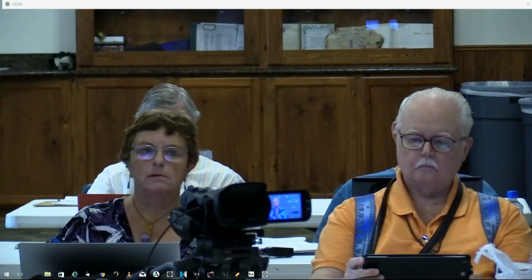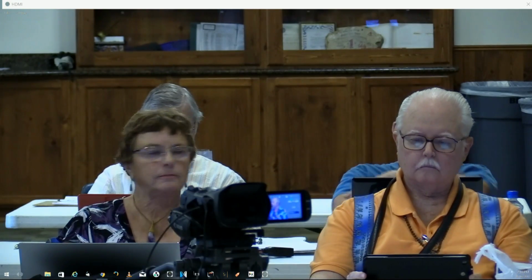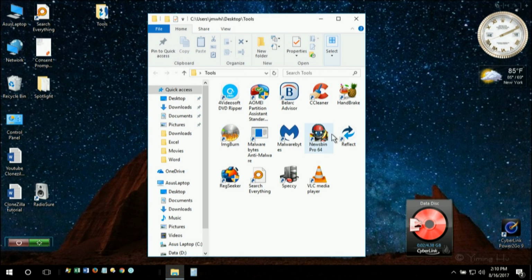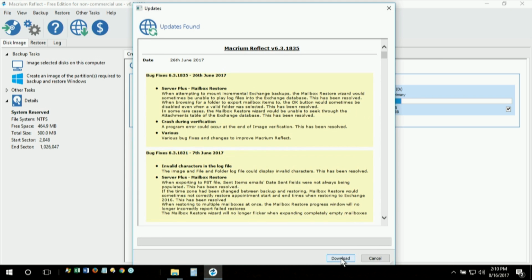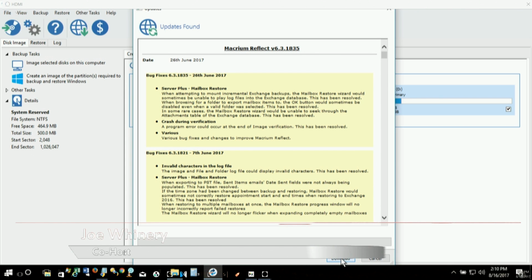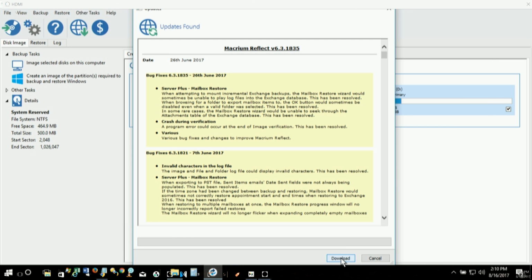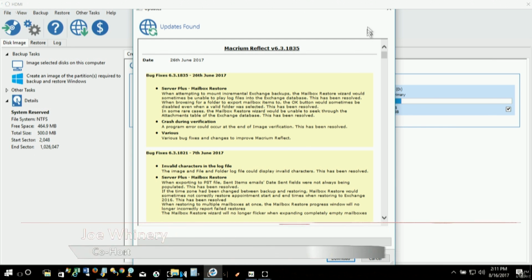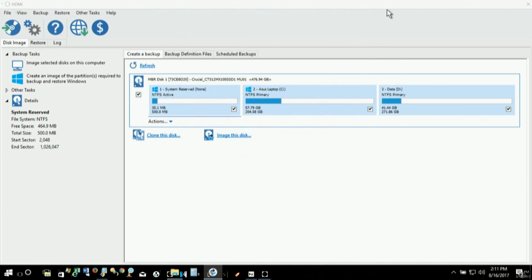Tools. I'm gonna put up Reflect. Now, normally when I image my drives on my machine, I image all of them to a drive I've got sitting at home in a cabinet, and all of them back up to that same hard drive. It's a 3 terabyte. Now I'm gonna image this disk,